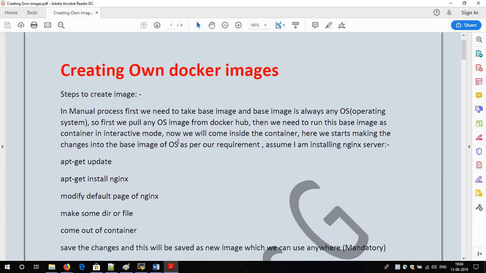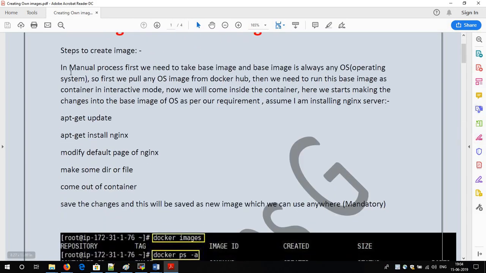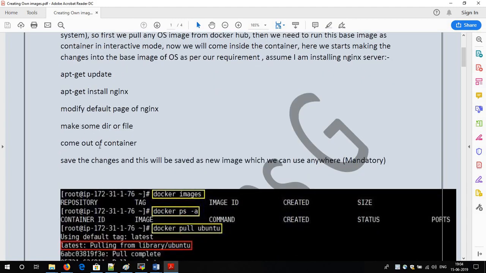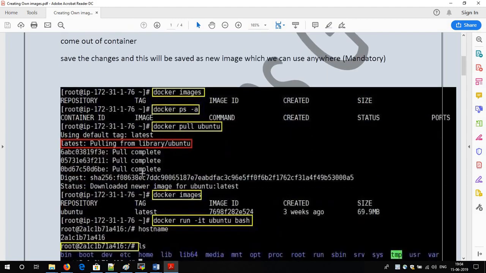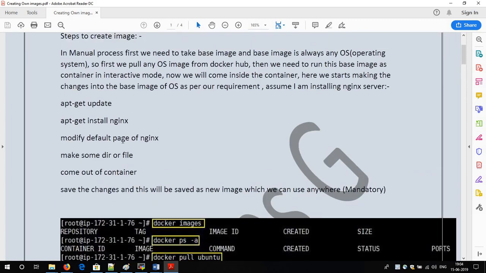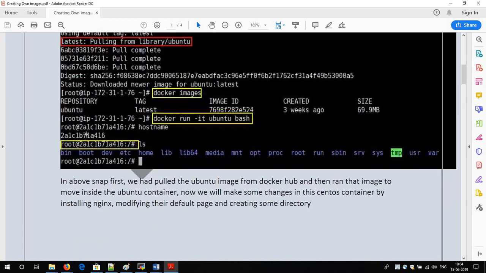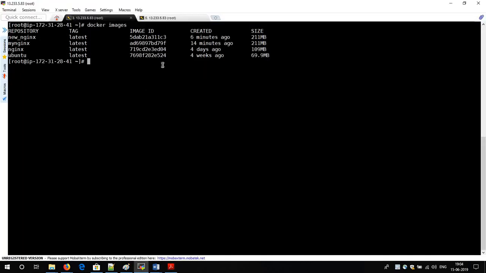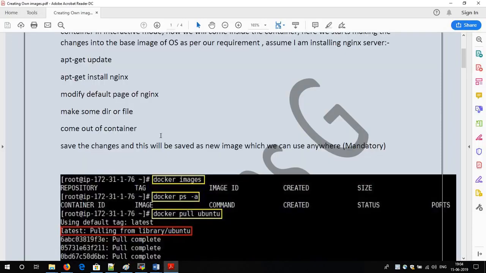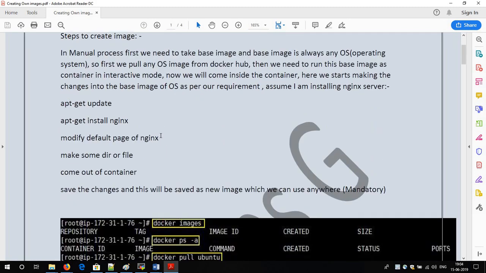So let me go through the document. See, we have created the manual. With the manual steps, we installed the Nginx package. We created some directories as well. And when we came out, we were able to view the same things. So whatever modification, whatever practical we did right now in this server, all these things are mentioned in this document